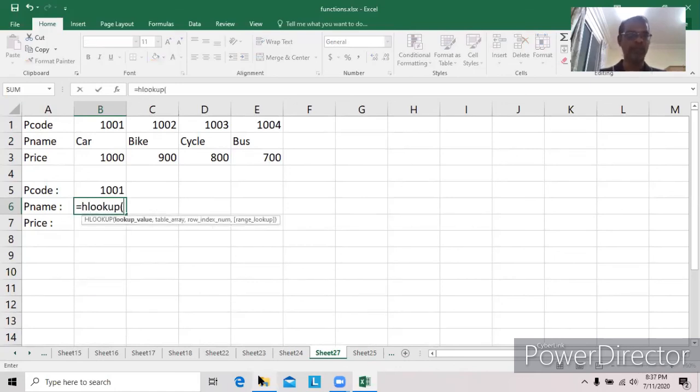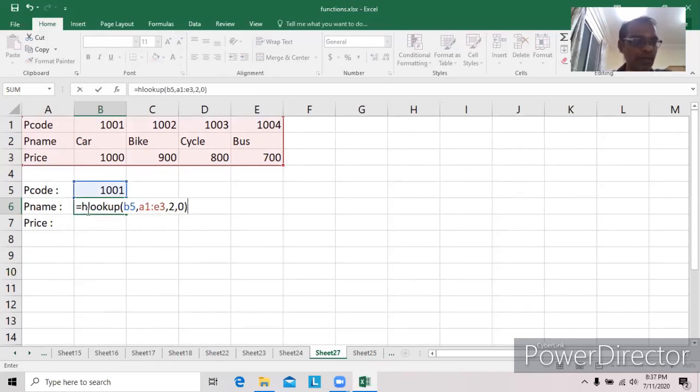HLOOKUP. Here B5, comma. Then the table starts from A1 to E3. A1 colon E3. Then second row, comma, exact match. Same thing. Instead of column, we are going row wise.